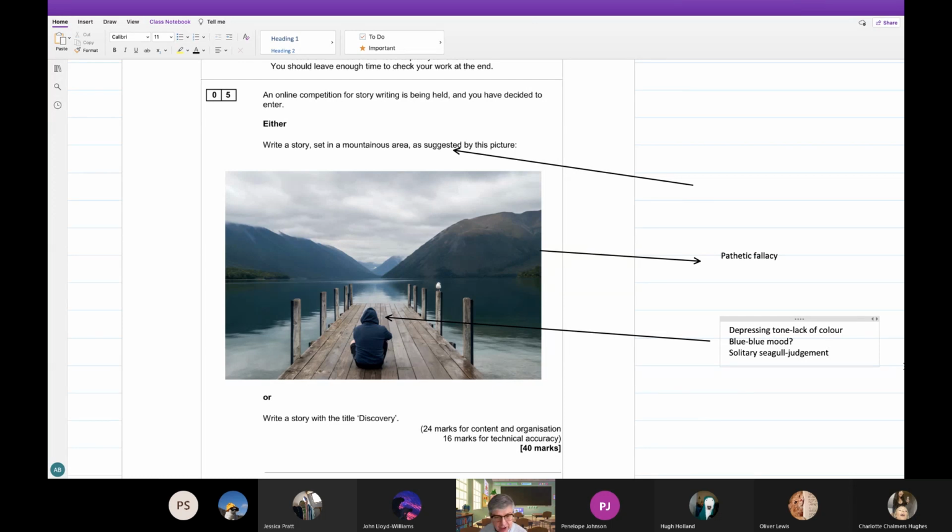It could be a connection, and again, it could be an anthropomorphic idea. Maybe that seagull can actually talk. And again, the story could come from the seagull's perspective. It doesn't have to be the humans. So don't think that your ideas aren't relevant. It's whatever you've got as a launch pad off of that image there. Now, the other thing that strikes us, obviously,